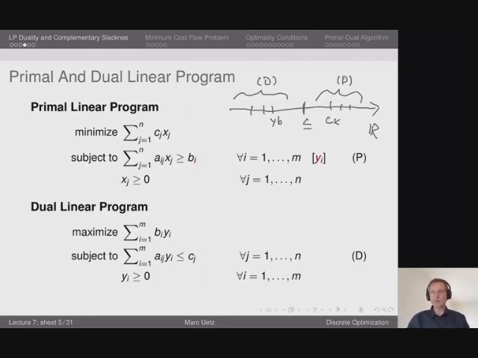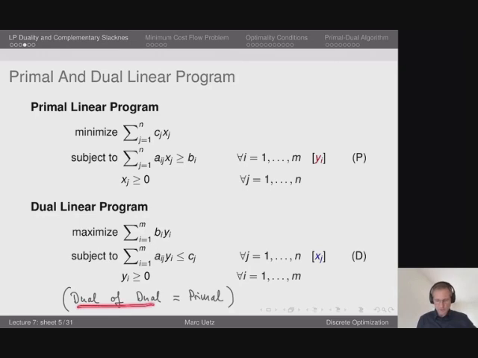And by construction, this is true for all feasible solutions y of this dual problem and all feasible solutions x of this primal problem. Just as a side remark, when I now try to do the same thing again for the dual linear programming problem, namely this maximization problem, if I wish to find the best possible upper bound on the objective function value here, then I will get back the original linear programming problem. So that means the dual of the dual is again the primal problem. So let me summarize that